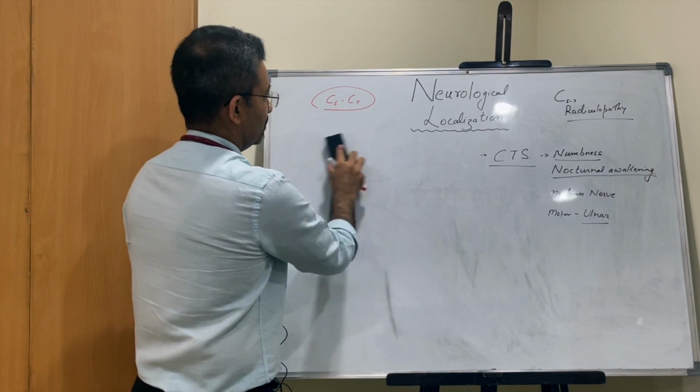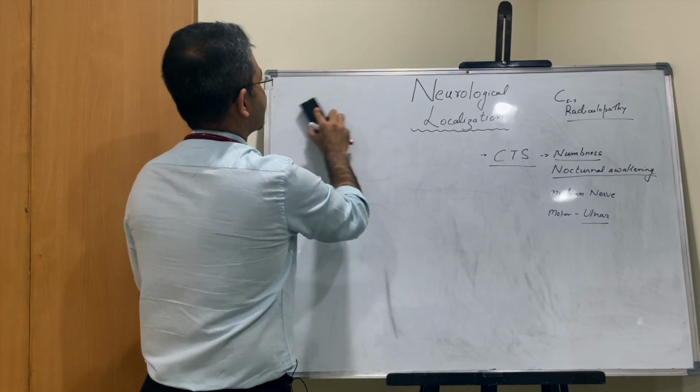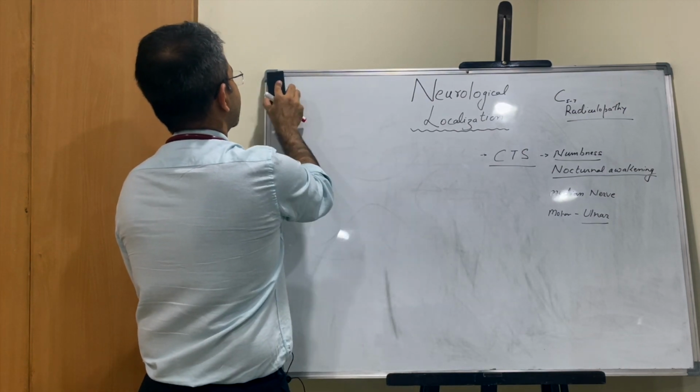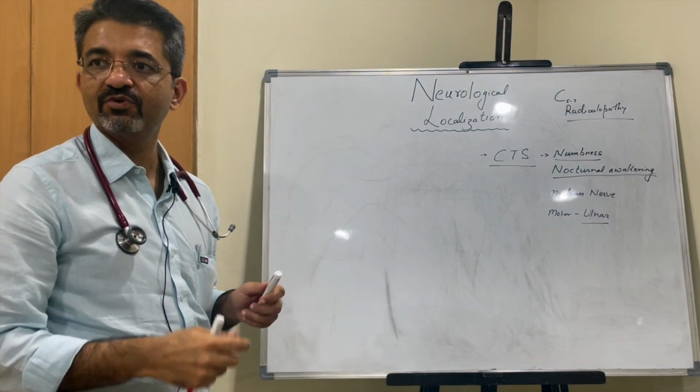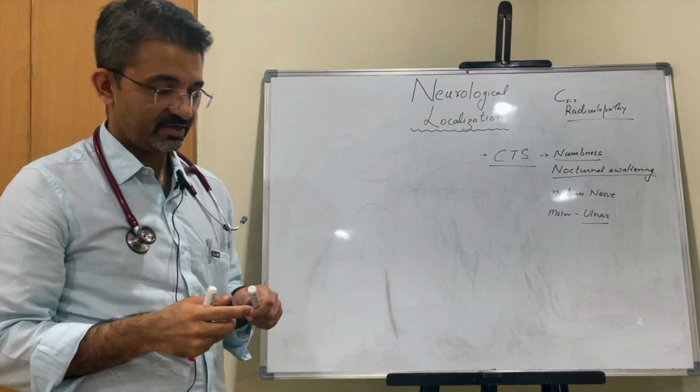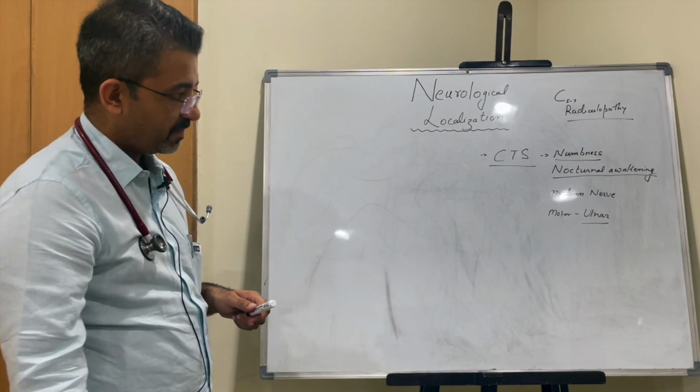So just to enumerate, the first thing will be carpal tunnel syndrome, the second would be ulnar nerve, the third would be C6-7 radiculopathy, and the fourth would be syringomyelia. Right? Now we come to